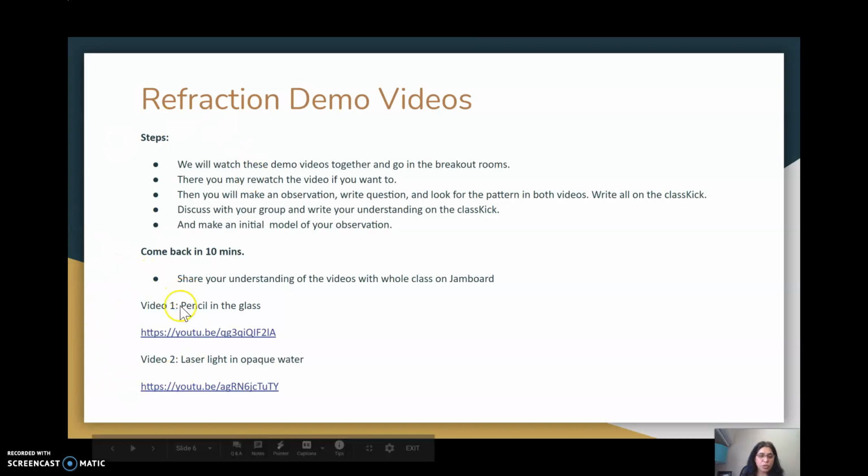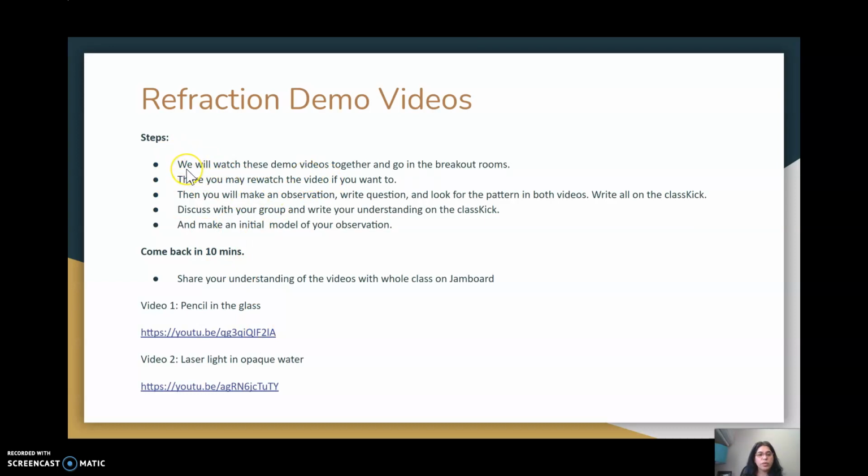I made these 2 videos. There's a pencil in the glass, and another is laser light in opaque water. Basically it's not opaque, I would say it's translucent water, since light is passing through it, so I need to fix it. But anyways,